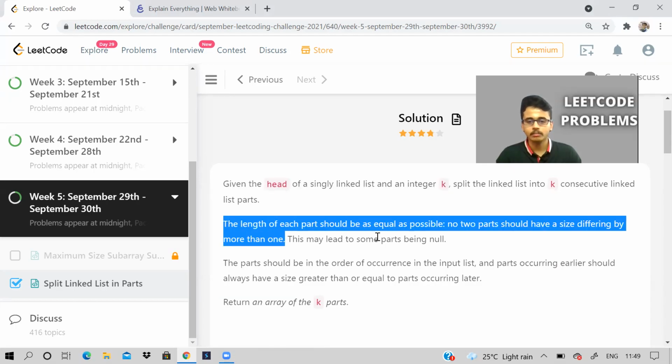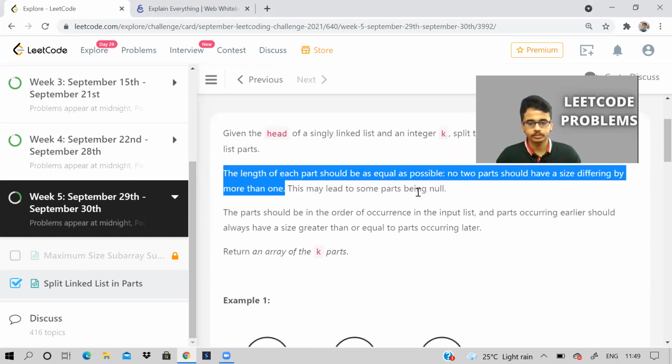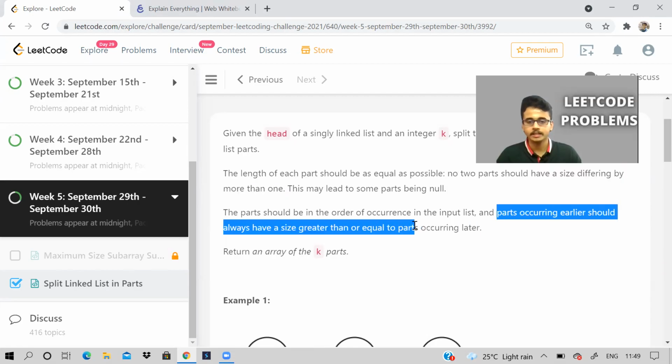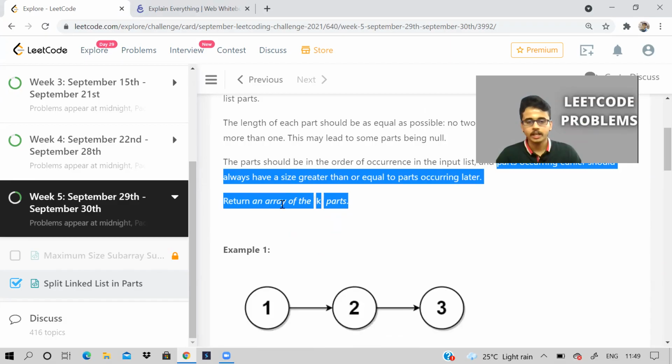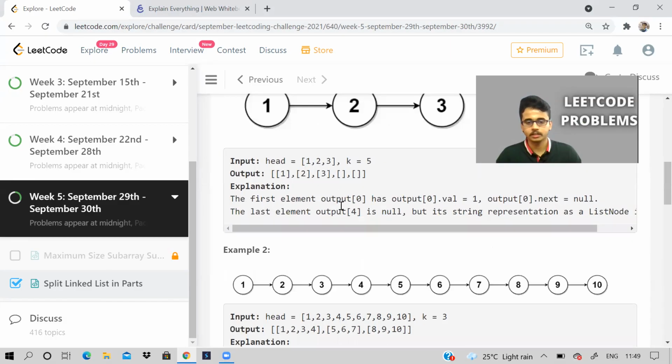This may lead to some parts being null also. The parts should be in order of occurrence in the input list, and the parts occurring earlier should have size greater than or equal to that of the next part. So we need to return an array of k parts.